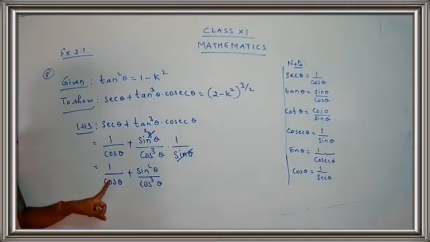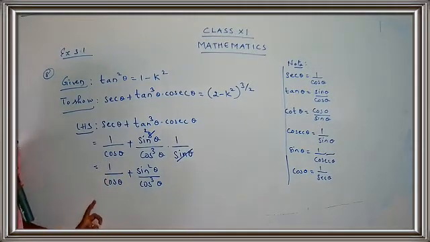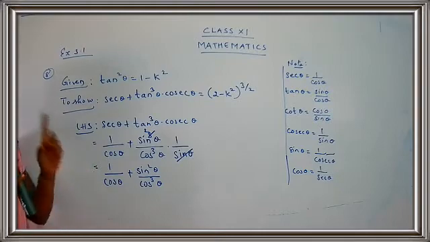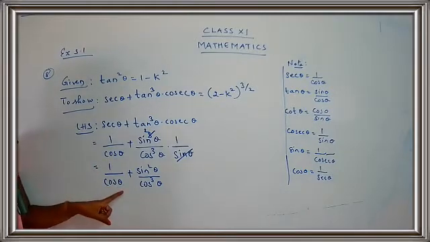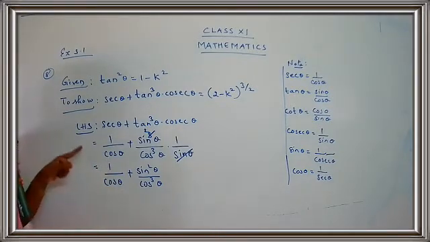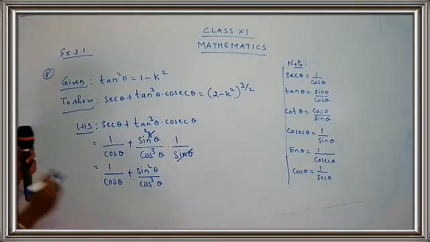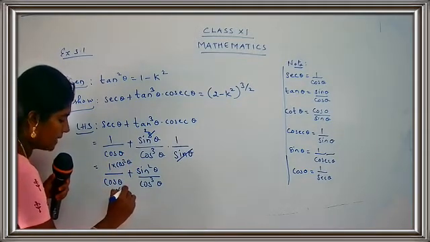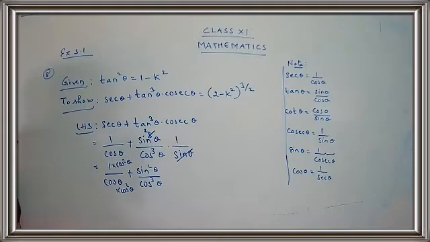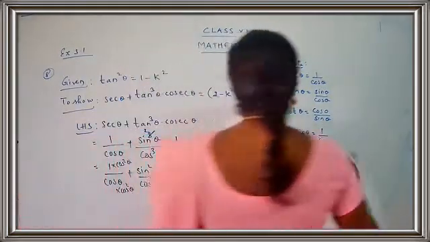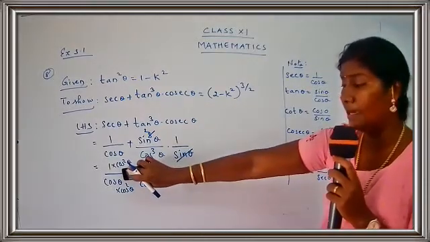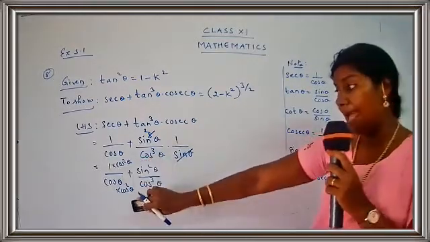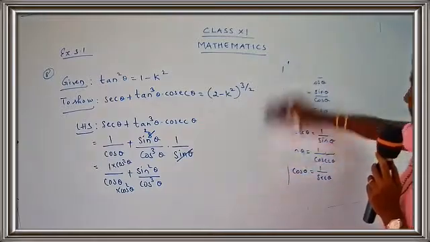Yes. So if I get cos cube theta, I can take the denominators together. I'll get a same denominator. And remember one thing, whatever changes you're going to do in the denominator part, the same changes should be done in the numerator part also. Okay, children? Okay, so what are we going to do? We are going to multiply by cos square theta, multiply by cos square theta, because I want the same denominator. Okay, so I have just changed the first part. I'm going to multiply by cos square theta in the numerator as well as in the denominator.